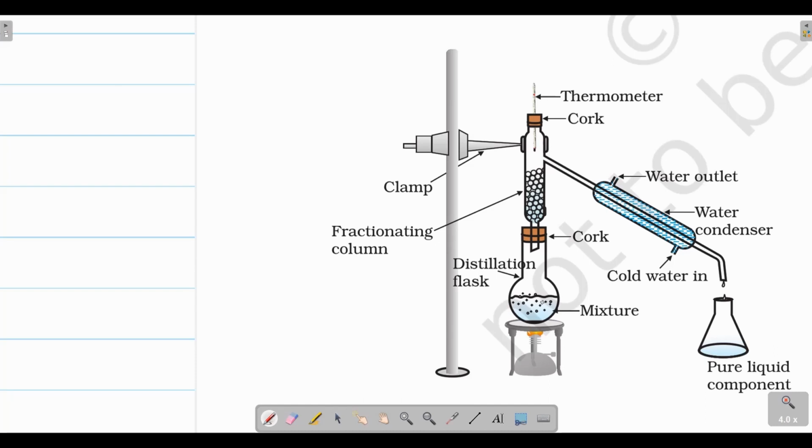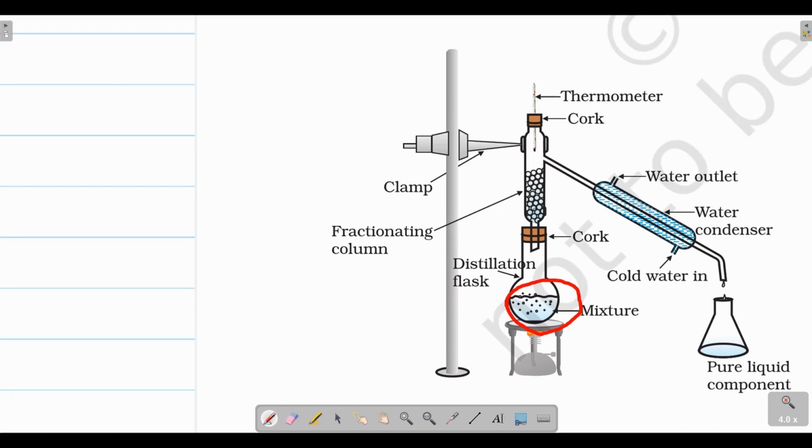This mixture consists of two liquids in which the difference in their boiling point is less than 25 degree Celsius or 25 Kelvin. Then just heat it. What will happen if we boil this mixture? Because of the small difference in their boiling point, on boiling the substance of lower boiling point, some vapors will be produced, and with those vapors, some vapors of the second substance may also be present, because the second substance also starts to evaporate. Even though it does not start to boil completely, it starts to evaporate.